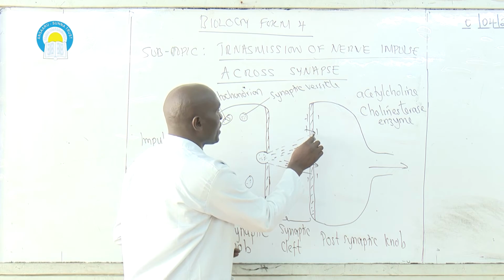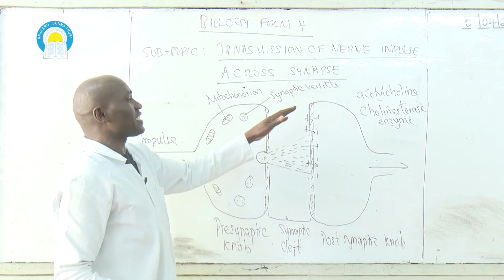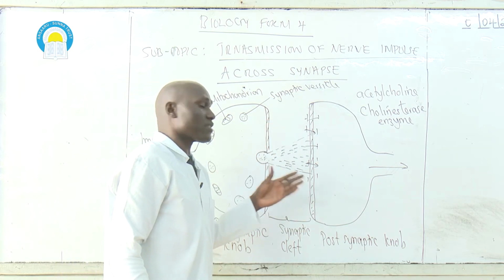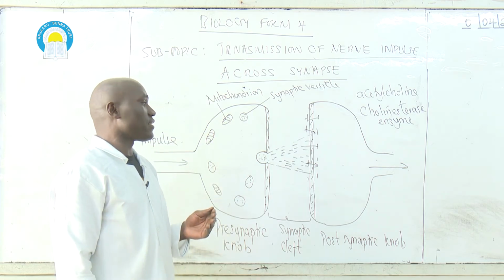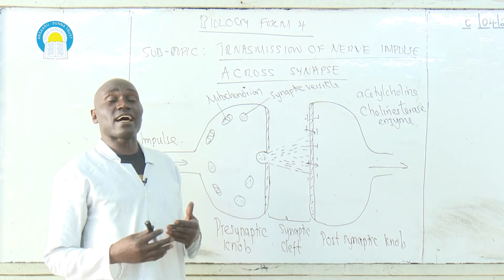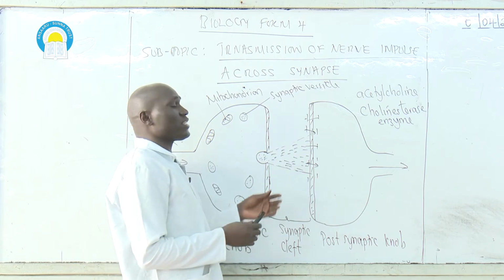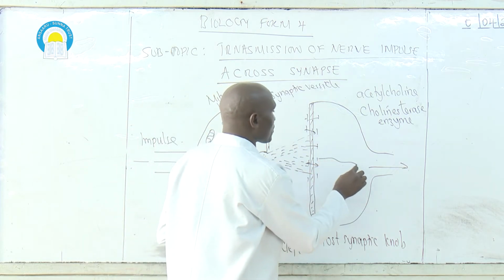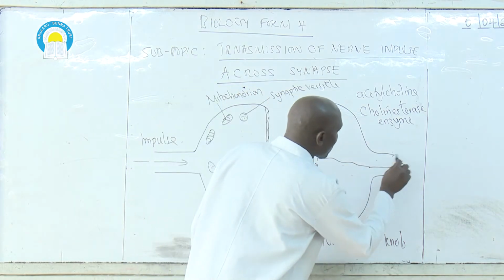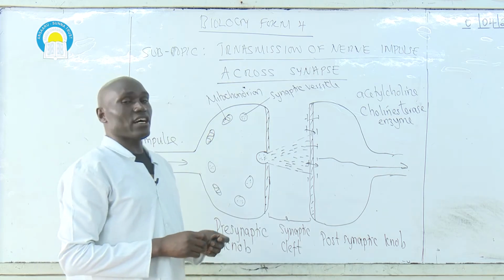So positives move in, negatively charged ions move out. That means acetylcholine brings about depolarization of postsynaptic membrane. Depolarization of postsynaptic membrane generates a nerve impulse, which is in form of waves. The generated nerve impulse will move across postsynaptic knob, enter into the axon, and then be transmitted along the axon of